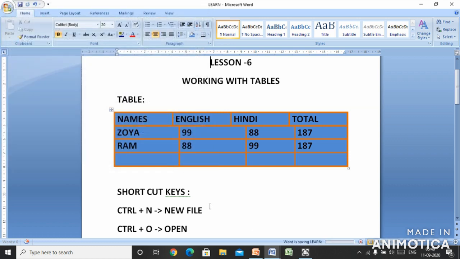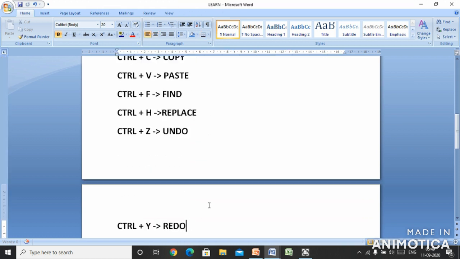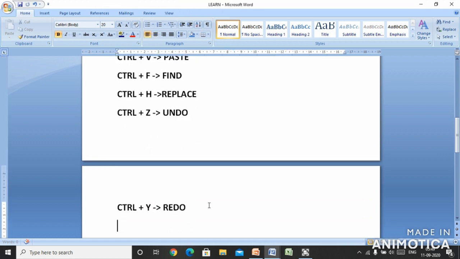So here we came to know what the extension of a Word file is. I had taught you orally, but practically today we saw that docx is the extension of the Word file. The extension of Excel is XLSX, which we have yet to study. The extension of PowerPoint is .pptx, which I'll show you later on. Today we have studied the extension of a Word file. When we work further in MS PowerPoint, I'll show you the extension of PowerPoint also.